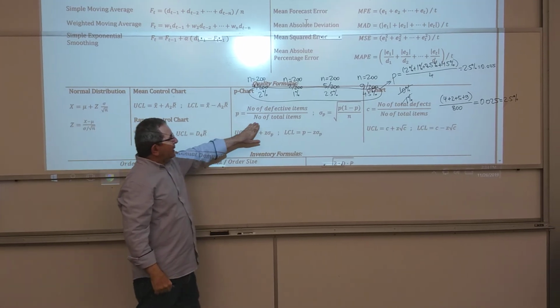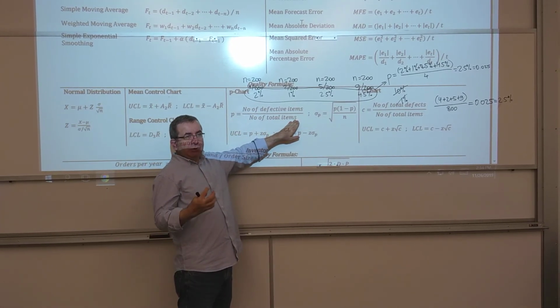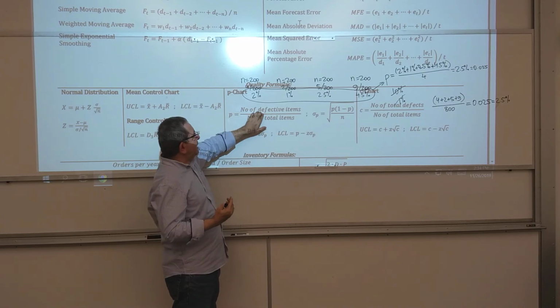So again, how many items are there in total? 800. How many defective items